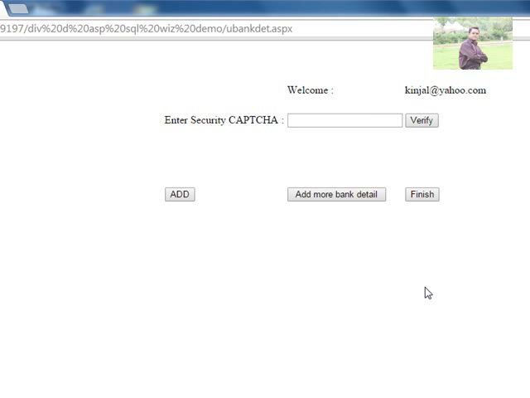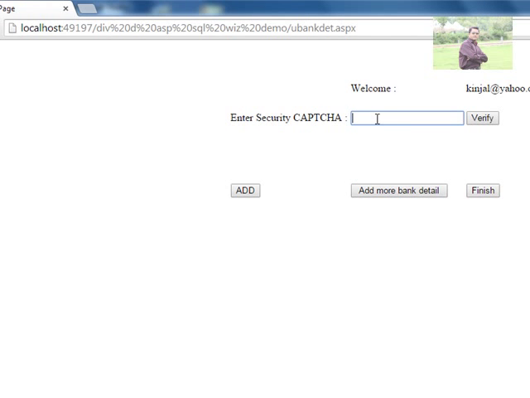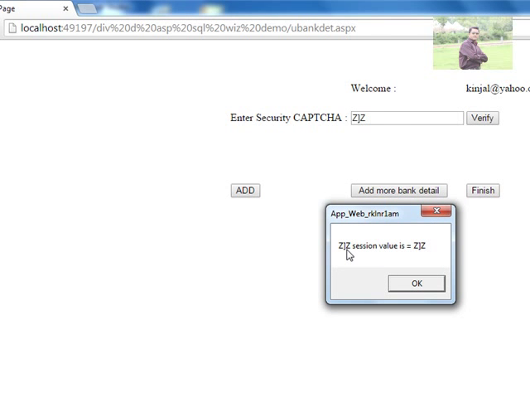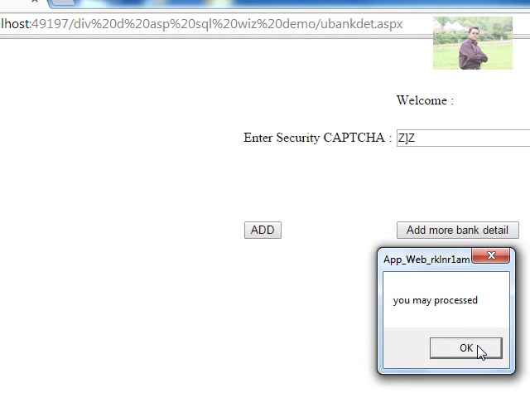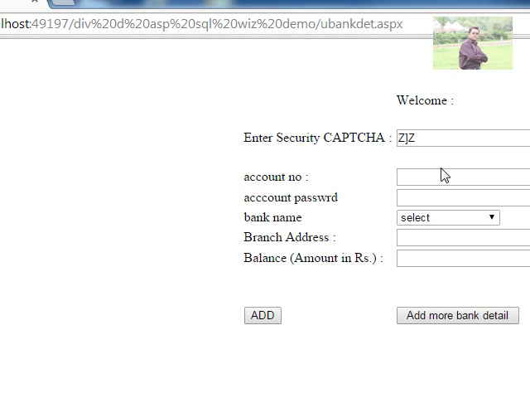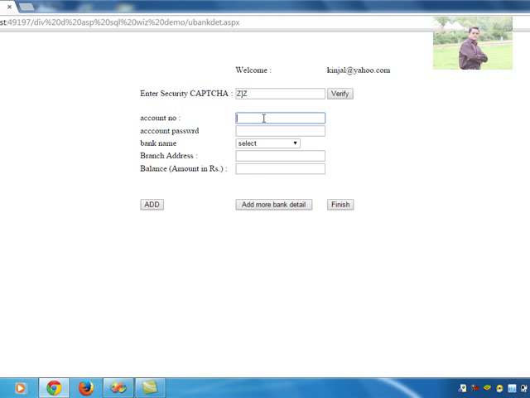When I click on OK, the bank detail ASPX page starts. Capital Z, square bracket of capital Z, and I click on verify. Capital Z, bracket of capital Z, session value is verified. You may proceed and get the activation of a bank account number, that is a 12-digit number, that is